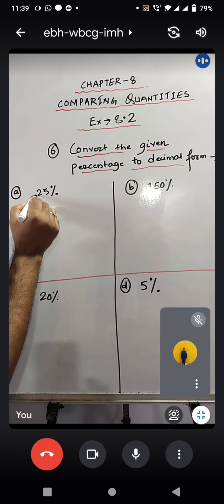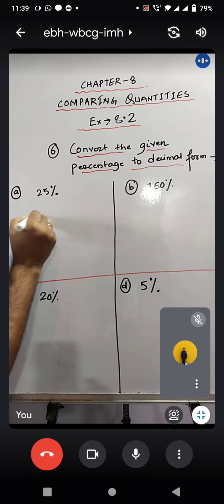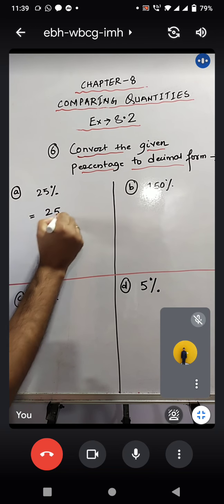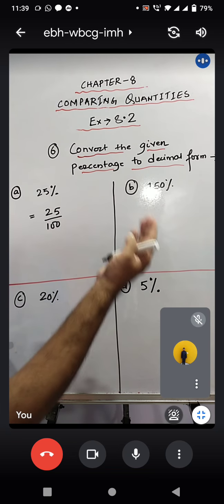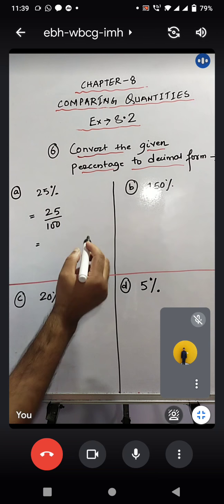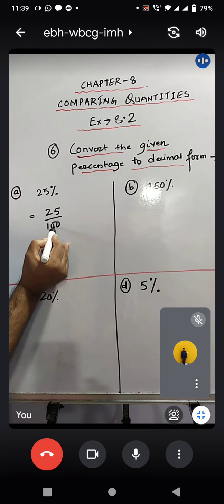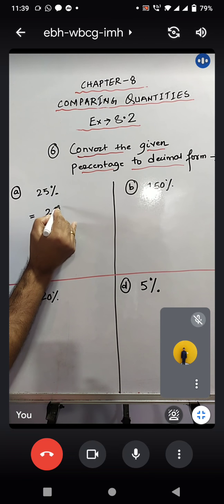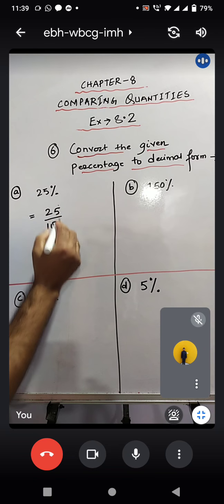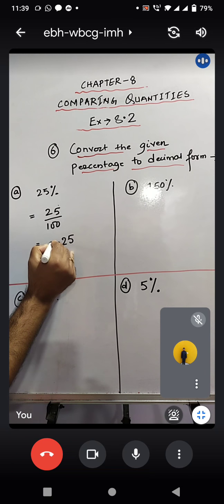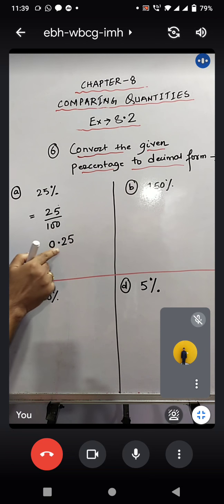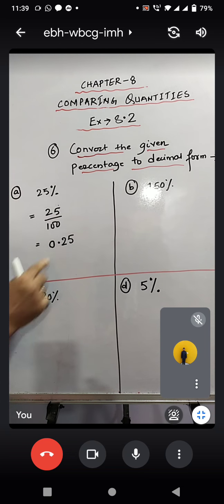Very easy. Now how to write 25%, we already know this. 25% can be written as 25 by 100. When you divide any number by a multiple of 10, like 10 or 100, it is very easy. We have learned in our earlier classes that if we have two zeros, then from the extreme right we have to count two digits, 1, 2, and then put the point. So the required answer would be 25, after 2 digits we'll put the decimal, and you have to put 0 on the left-hand side of the decimal. This left-hand side part you should never leave empty, because it is the whole part. So 0.25 is the required answer.